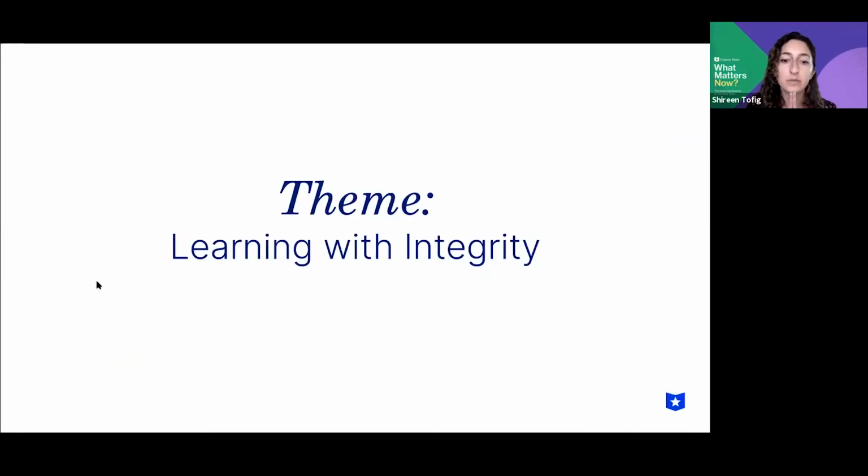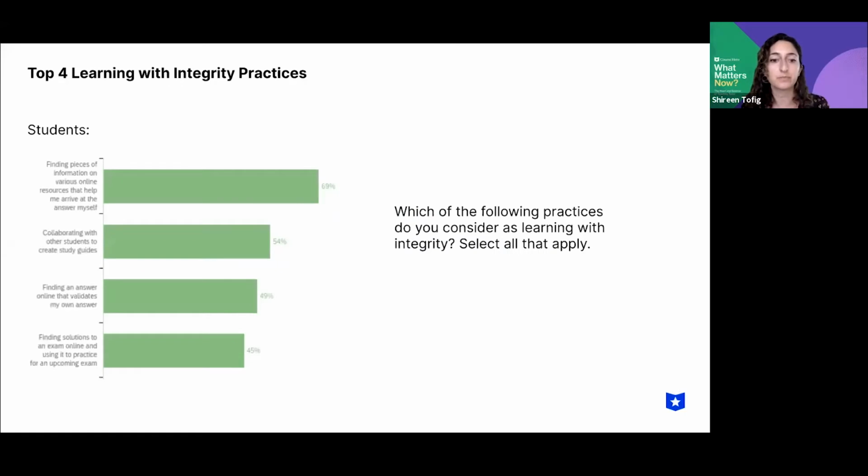The last theme we're going to cover today is learning with integrity. In this theme, we asked students which of the following practices they consider as learning with integrity, and then we asked educators the same question. When we asked students which practices they consider as learning with integrity, here's what we saw.